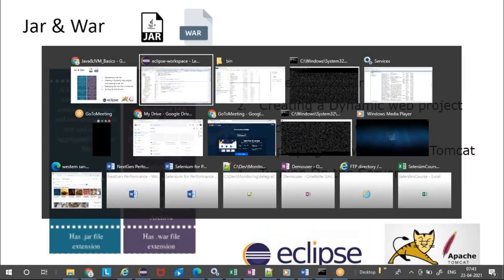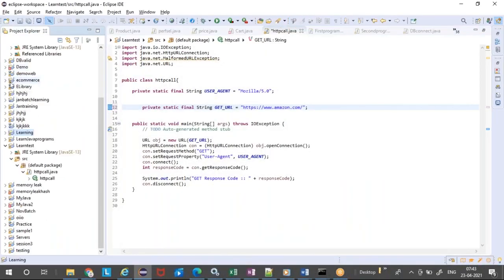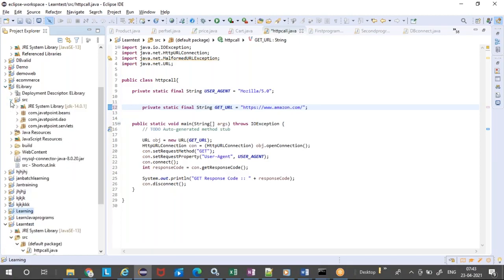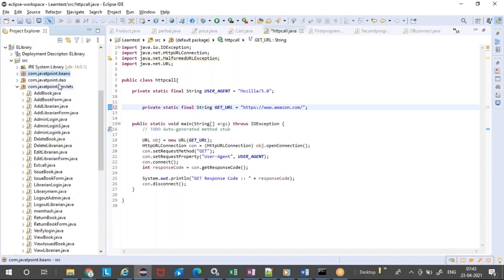So the e-library application is what we are going to use for our entire course. If I go to this e-library, you see on top of it a symbol called web. It says it is a web application. It will have the source similar to our source, and it will have a package, and inside the package you will have multiple Java files. So similar thing: you will have a project, inside that a source, and inside that the packages, three different packages.